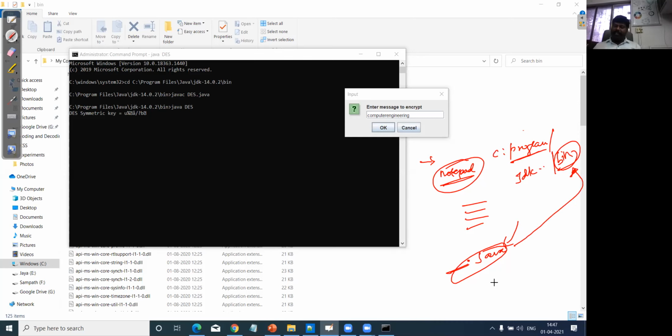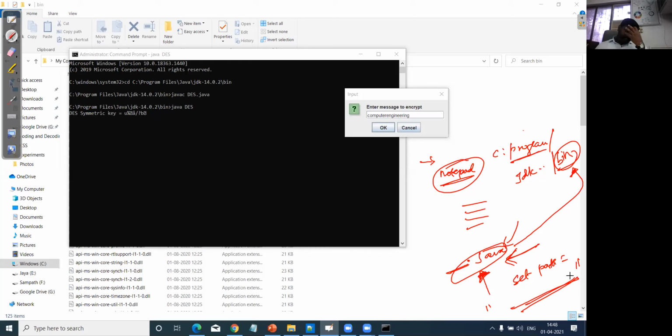Otherwise, the other option is that I can save the file anywhere on the PC, and then set the path variable, set path equal to the location where I stored the program.